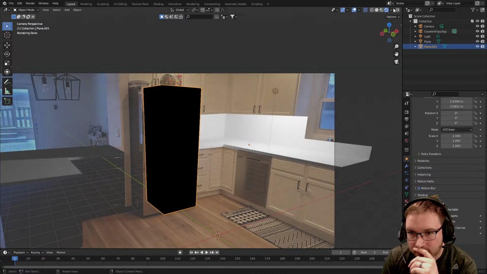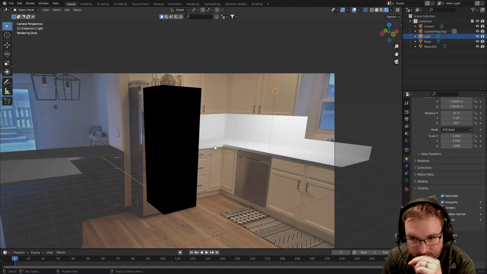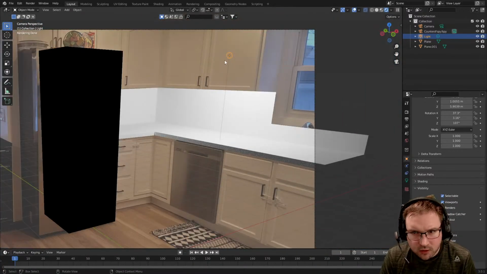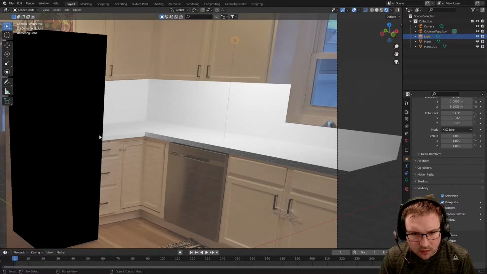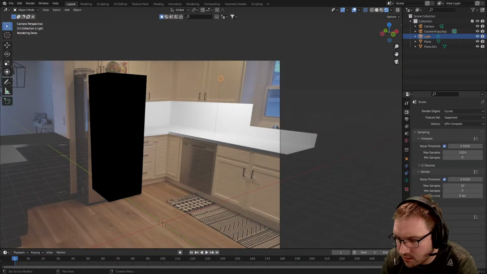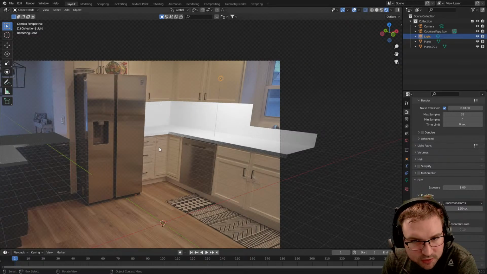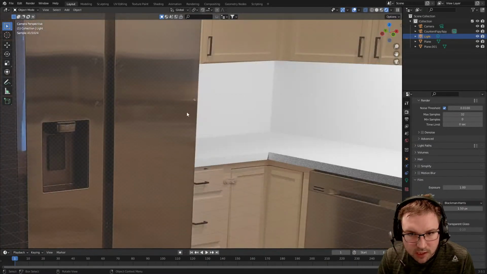So if I go over to rendered mode now, let's see what that looks like. So yeah, as you can see, that blocked out the other parts of the countertop. So this will look better in the final render here. And of course this light's over here, so it's doing whatever. It's fine. The reason it looks weird is because we don't have transparency on. So you got to go over to render properties, go down to film, and turn on your transparent option. And as you can see, we did a pretty good job there blocking out that